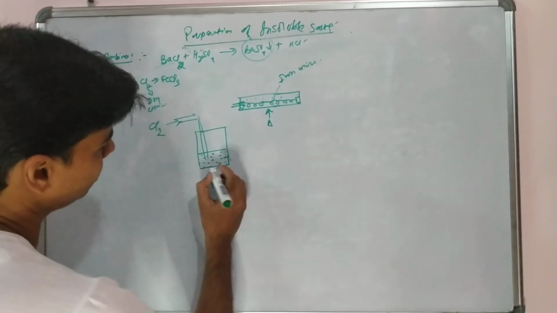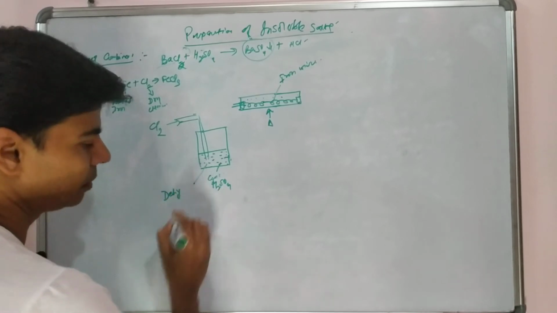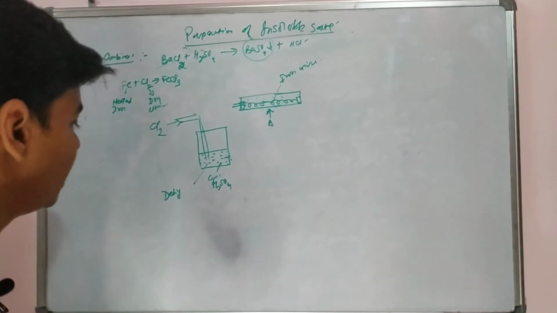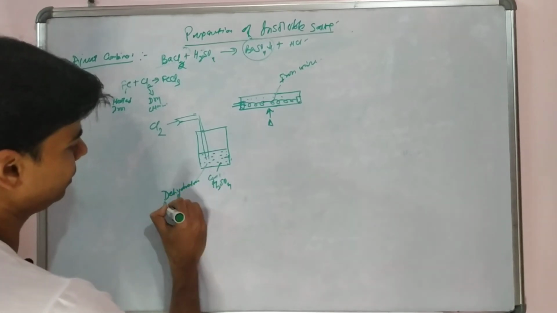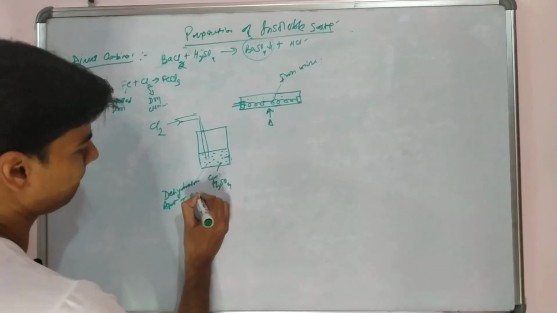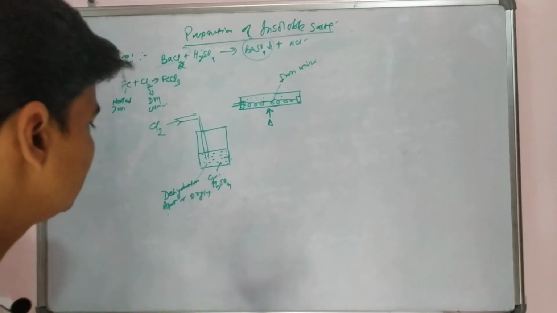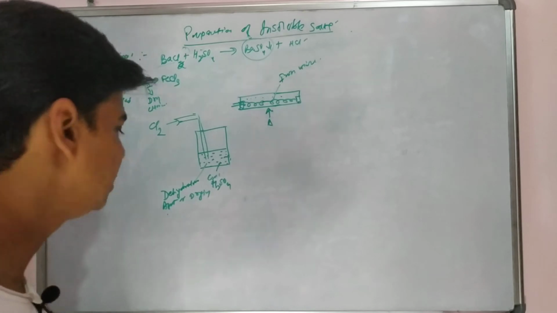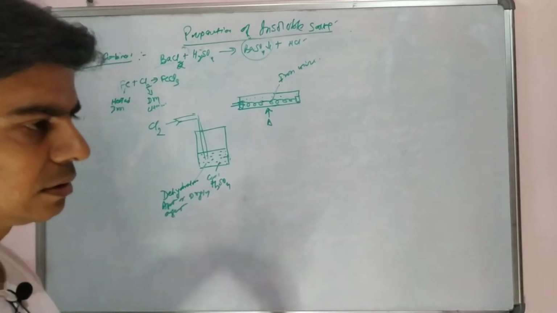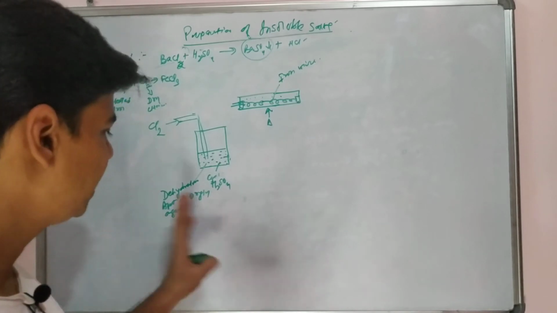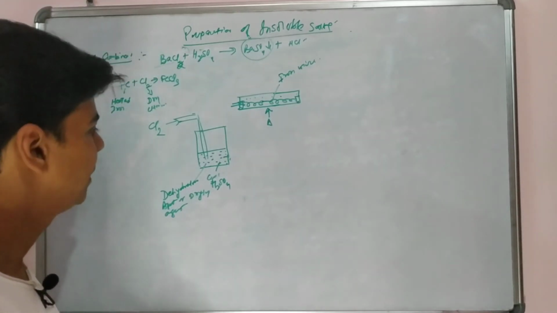So here, this concentrated sulfuric acid will behave as a drying agent, or we also call it a dehydrating agent. Dehydrating agent or drying agent. These two are a little different, but for this reaction you can remember, we can just call it a drying agent. In the next lecture I have explained the difference between drying agent, dehydrating agent, everything.